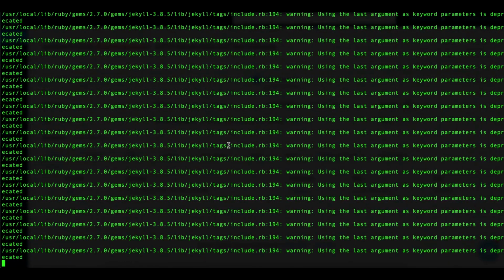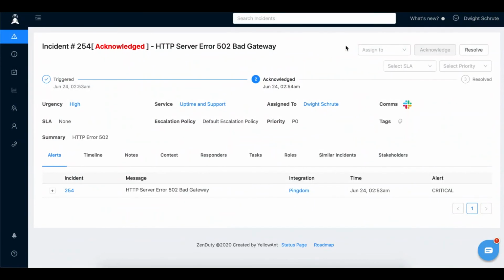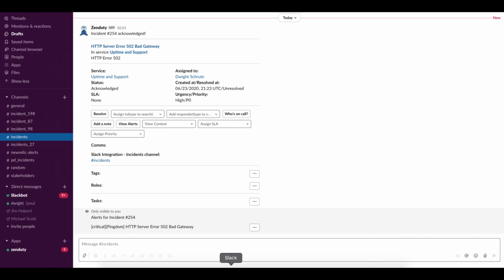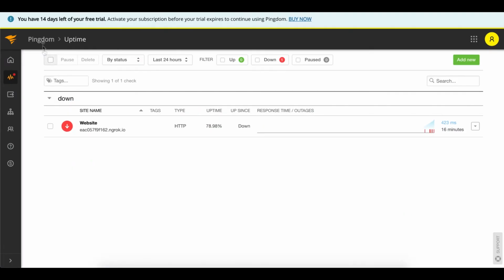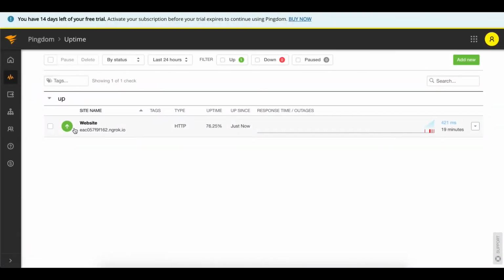So if I bring my Pingdom URL back up and monitor the Slack message, you will see that the Slack message is automatically resolved once the Pingdom downtime goes back to up.